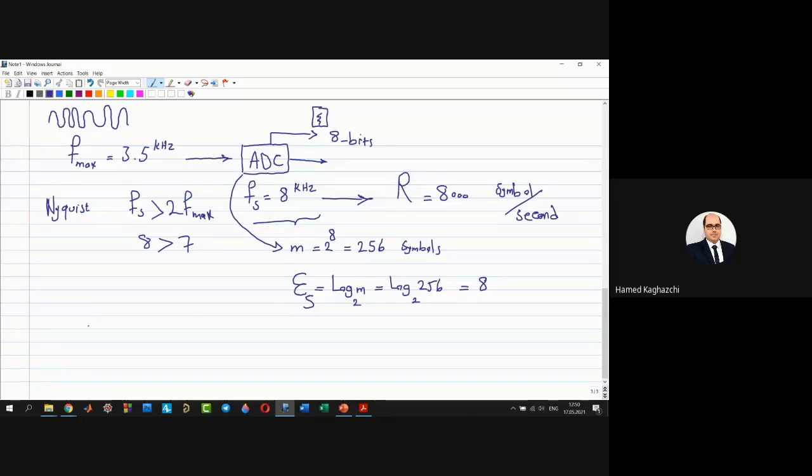Now I want to calculate the data rate. R times entropy is 8,000 times 8, which is equal to 64,000